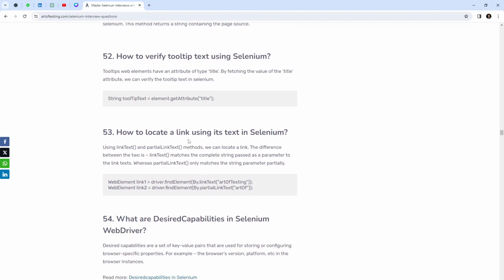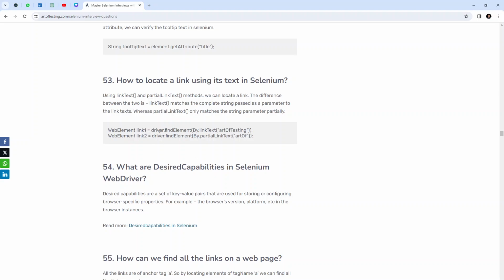How to locate a link using its text in Selenium? Using linkText and partialLinkText methods, we can locate a link. The difference between the two is that linkText matches the complete string passed as a parameter, whereas partialLinkText only matches the string parameter partially. WebElement link1 = driver.findElement(By.linkText("Art of Testing")); WebElement link2 = driver.findElement(By.partialLinkText("Art of"));